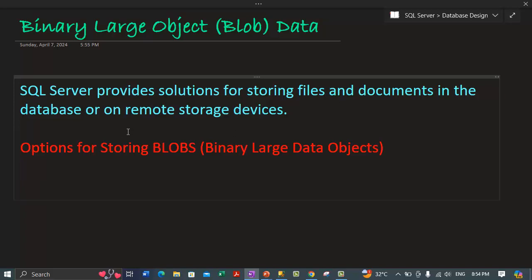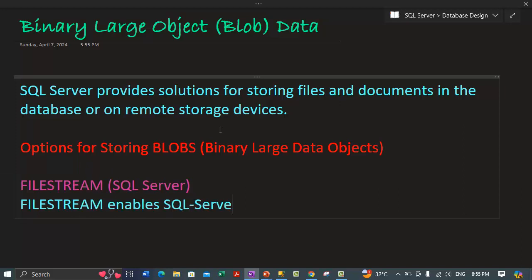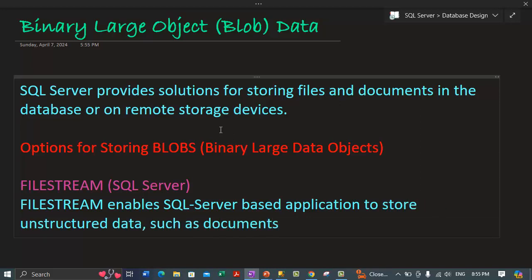The first option we come across is FileStream in SQL Server. Let's talk about FileStream. What's the role of FileStream? FileStream enables SQL Server based applications, any applications that interact with SQL Server, to store unstructured data, such as documents and maybe images, on the file system. FileStream provides that facility to those applications so that they can store documents and images on the